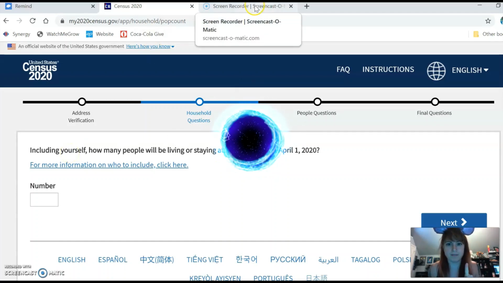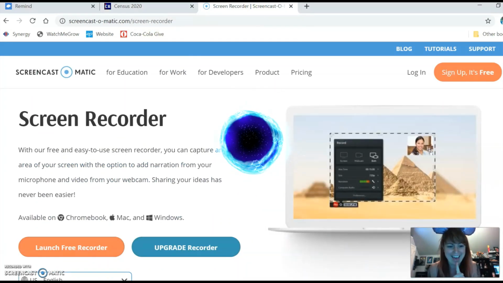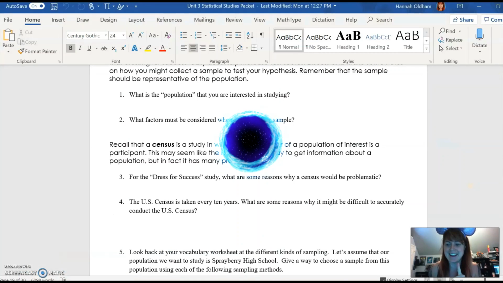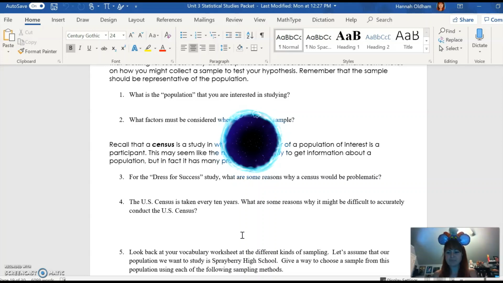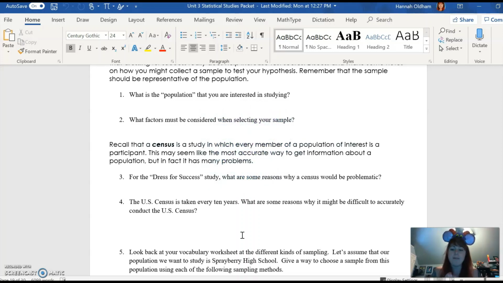Maybe we won't do this live. But I'll come back to do that. Not that you couldn't find that anyway. But when you're going through, it might be a good online activity for you and your parents to walk through. And it just asks for how many people are living at the house. So it doesn't necessarily ask for a lot of information after that.